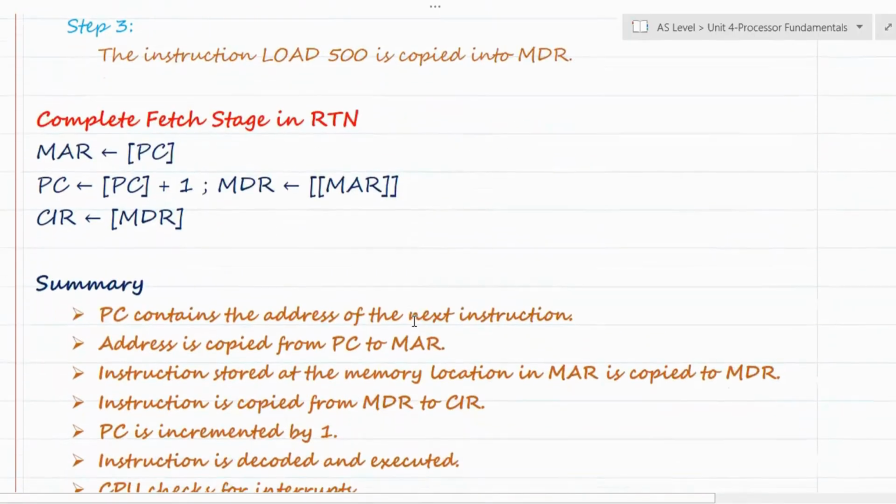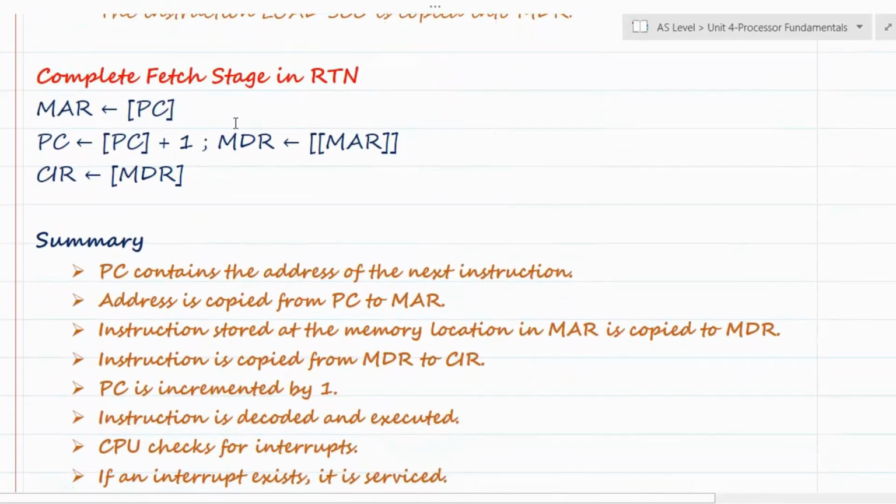Now that's the complete fetch stage in RTN. MAR gets whatever is there in PC. PC's value is incremented. MDR gets whatever is at the location specified by MAR, and then MDR's content is loaded to CIR. In summary,